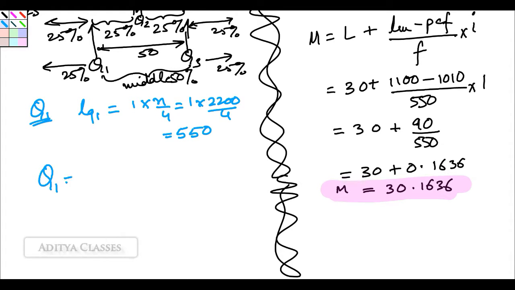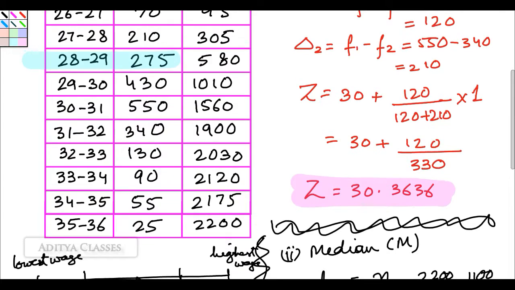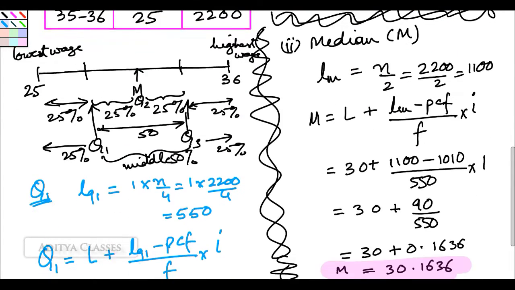Formula for Q1 is very much similar to median. For all positional averages, it is literally same. Quartile 1 would be lower limit plus location of quartile 1 minus PCF upon F multiplied by I. The only difference between these two formulae being location of median and location of quartile. Otherwise, everything is same. So what is lower limit of quartile 1? Lower limit of quartile 1 is 28